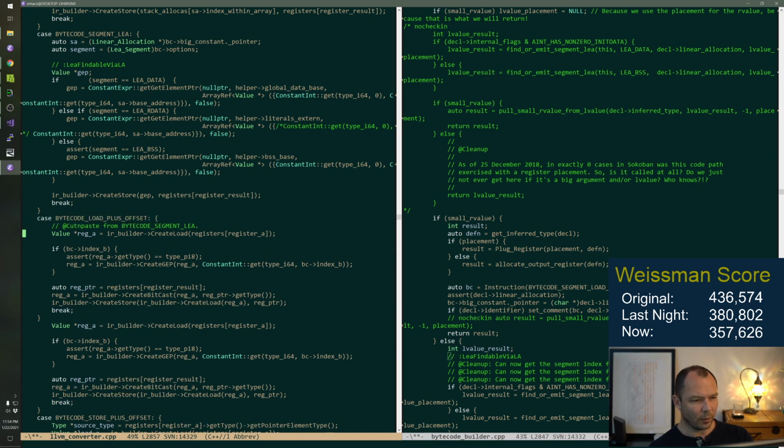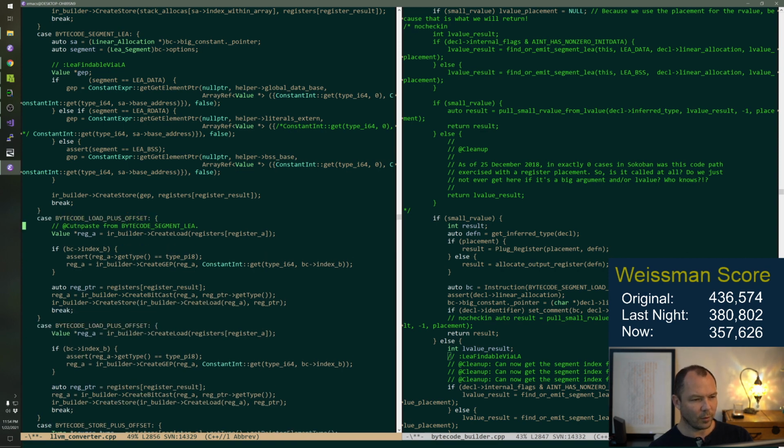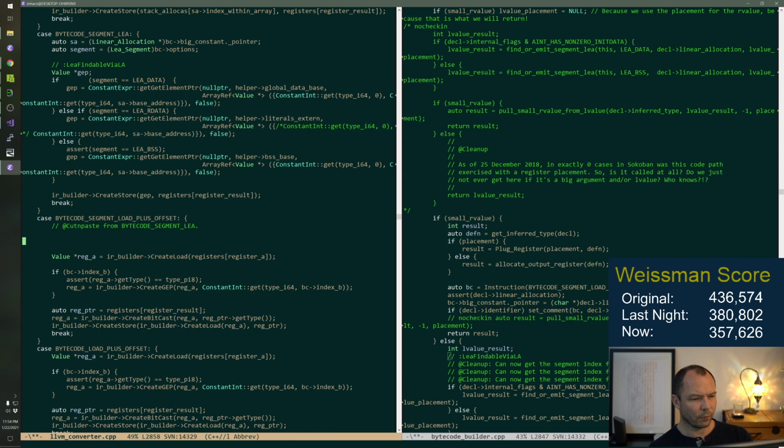I was like deleting this, which would have made me sad. Segment load plus offset. We do a bunch of stuff, and then we create the load.